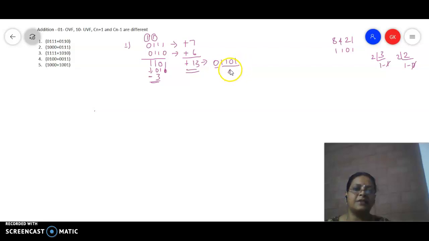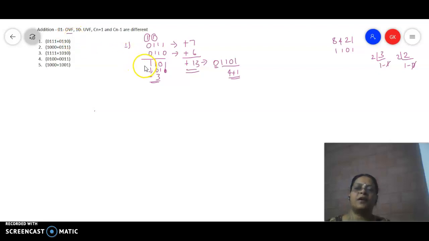You need 4 bits and one more bit for the sign. So totally we need 4 plus 1, 5 bits. Okay, so now what has occurred? We have only 4 bits. With 4 bits, you are expected to represent a 5-bit answer, and that is the problem we are facing here. So this problem is otherwise referred to as the overflow problem.